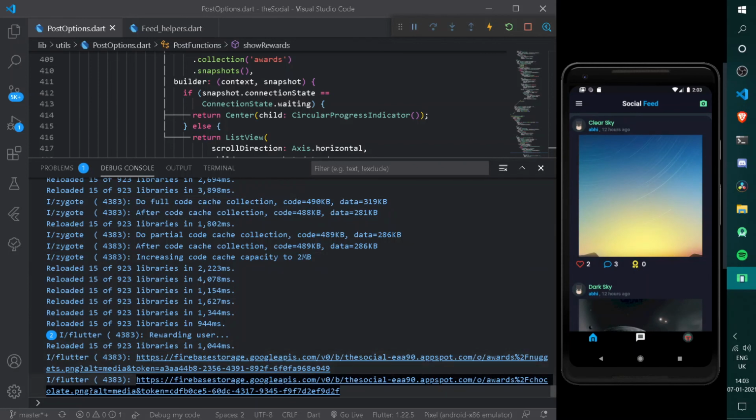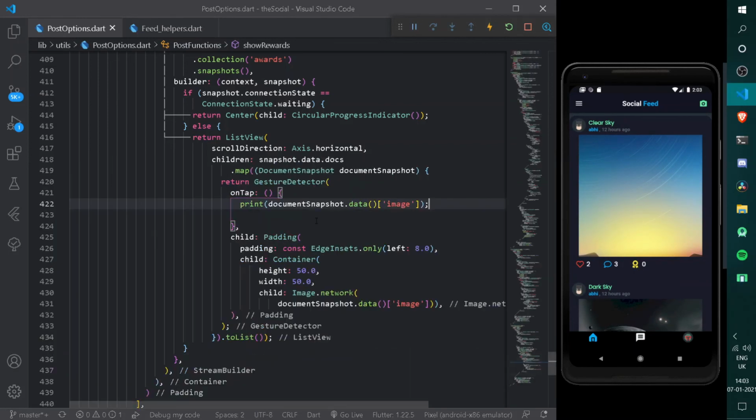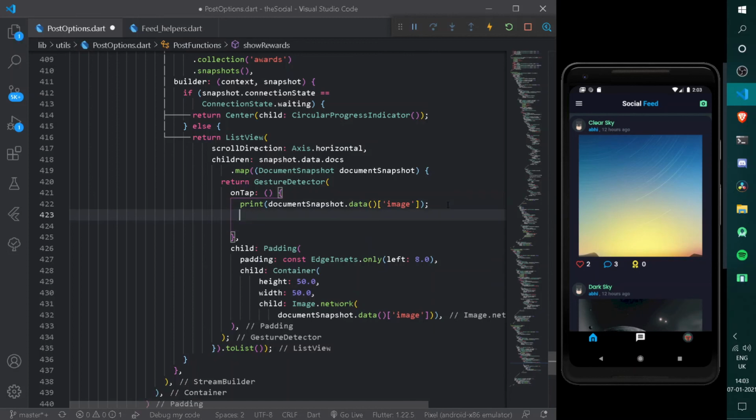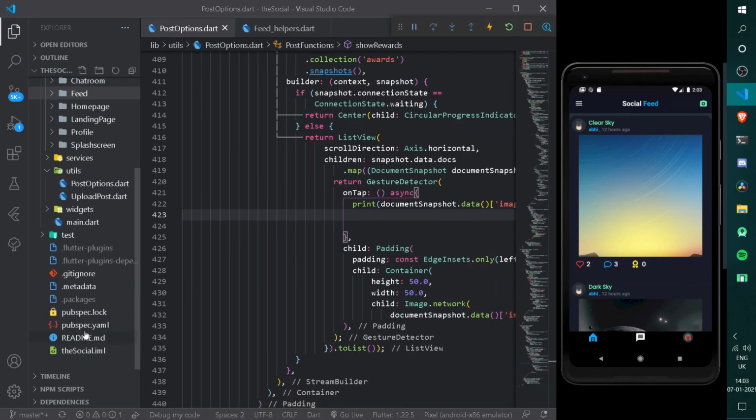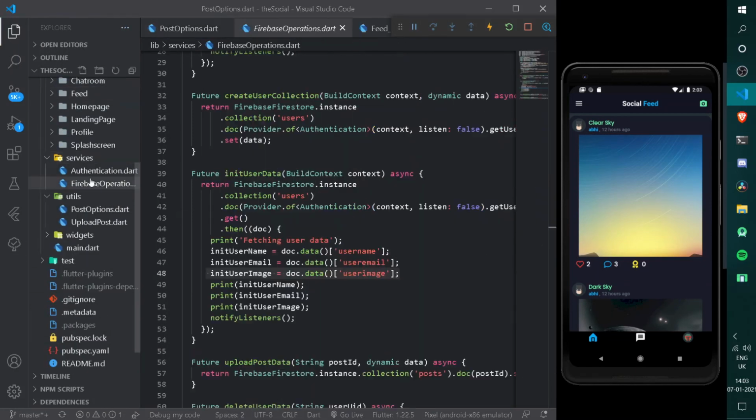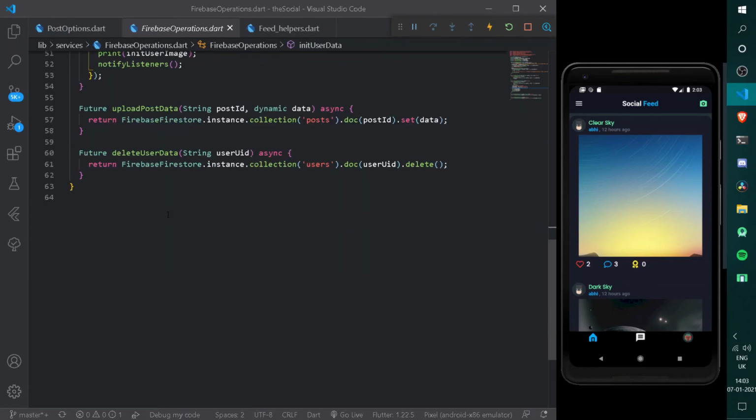So now we need to add the reward under the collection of the particular post. For doing that, we can come down here and make this process asynchronous first of all, and here let's await. So now let's go back under our Firestore operations, our main function for handling Cloud Firestore things, which is under services. So under our Cloud Firestore, let's create one more method for adding the rewards.